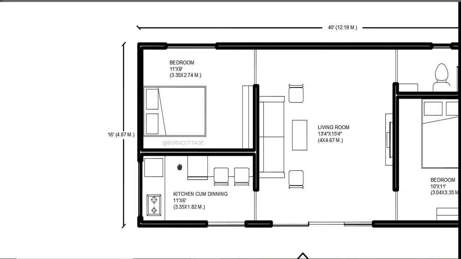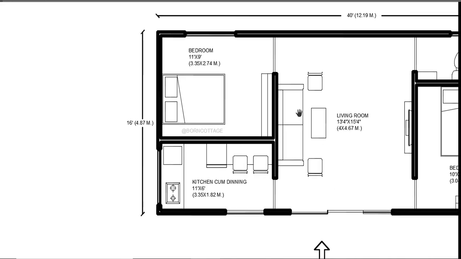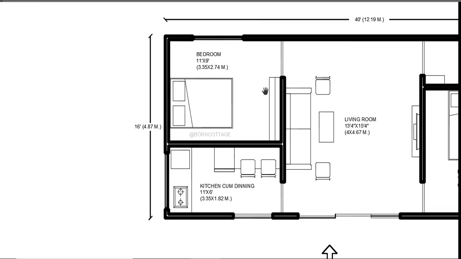In the front we have a sliding door here. After that we'll go inside. So we have the living area. You can see here the sofa arrangement, chair arrangement, TV unit on the front wall, and on the left side we have bedroom number 1. Here you can see the bed arrangement, wardrobe arrangement, and a large size window for ventilation and light purpose of